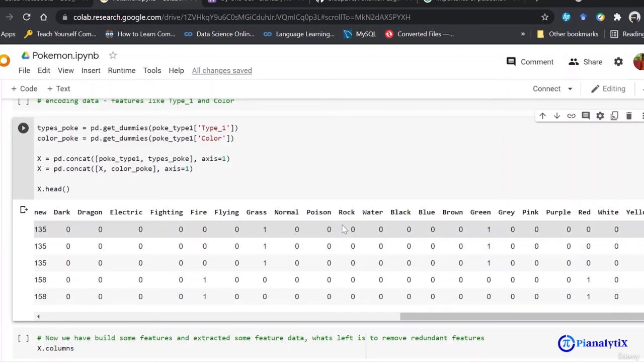So this is telling me that this Pokemon was actually a grass type Pokemon. So whichever type of Pokemon it was, it would present you with one there and the rest would be zero. Similarly for color, here you can see that the color was actually green for this Pokemon. So one is present here and the rest are presented with zero.